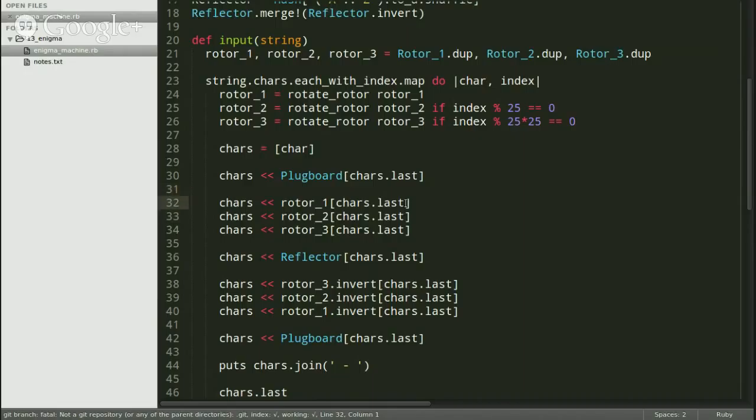Another thing to remember is that after your current goes from the plug board through the rotors, when it reaches the reflector, it goes back in the other direction, but this time in reverse order. If we see this in practice,